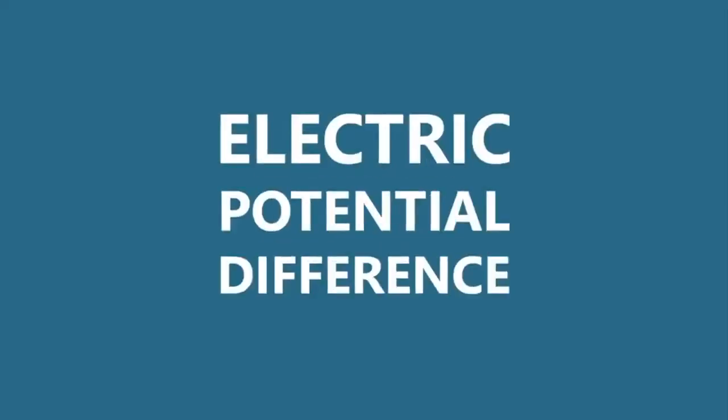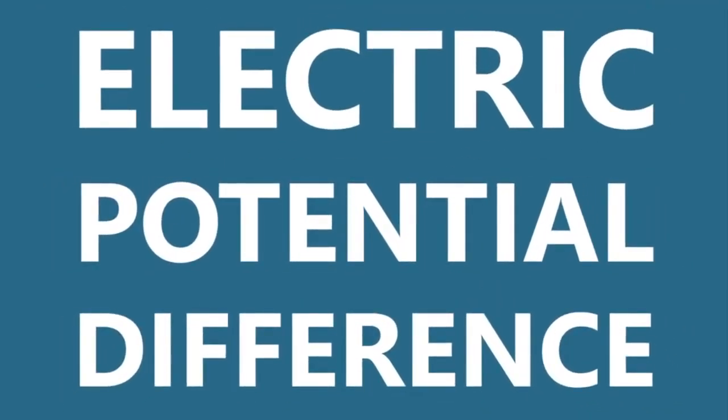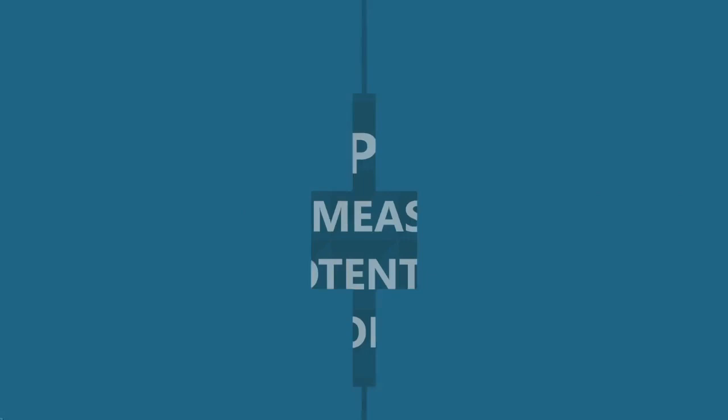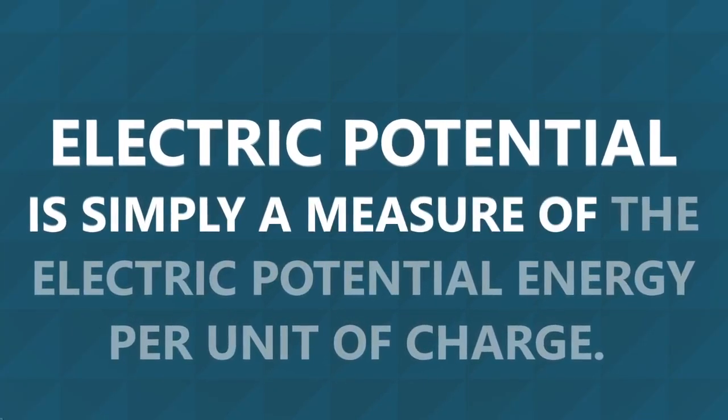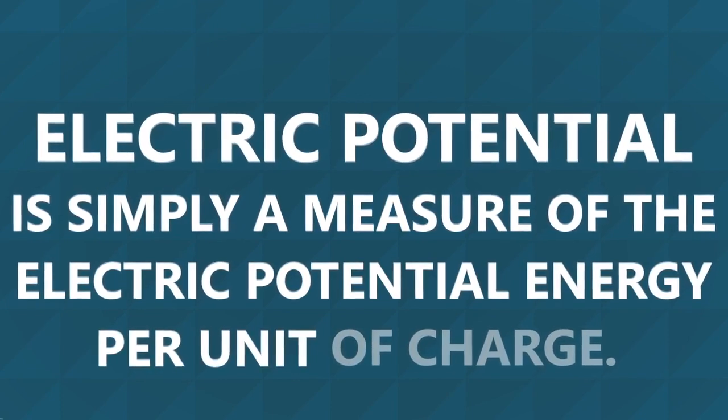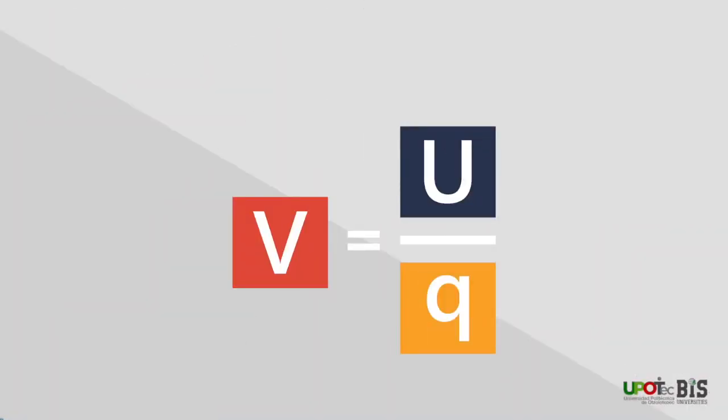In this video, we will learn about electric potential and electric potential difference, which is also known as voltage. So, electric potential, or just potential, is simply a measure of the electric potential energy per unit of charge. This is the basic equation for calculating the electric potential, which shows that the electric potential V is equal to